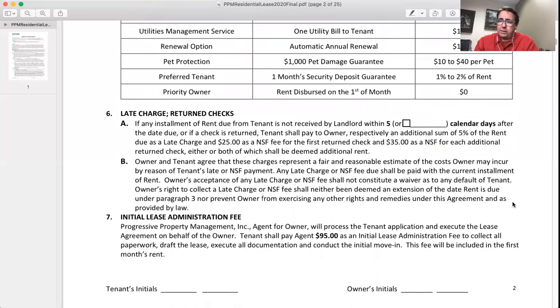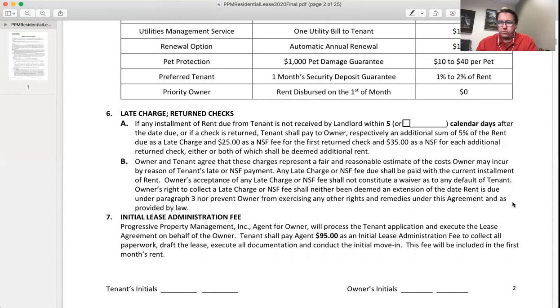So if you're late, there'll be a late charge. In California, typically the maximum late fee is 6%. Our default is 5%. So if your rent is $2,000 and it's due on the 1st, late on the 5th, meaning you have till the 5th of the month at 11:59 p.m. to make payment. So if you pay on the 6th or the 7th, fine, we'll accept that, but you'll have a late fee in this case of $100. So we believe that's a reasonable and fair amount.